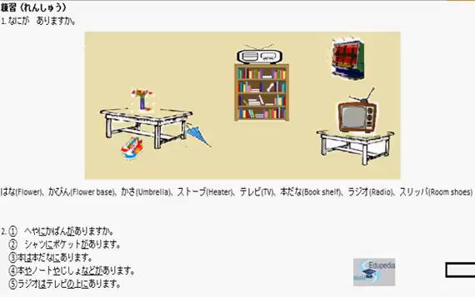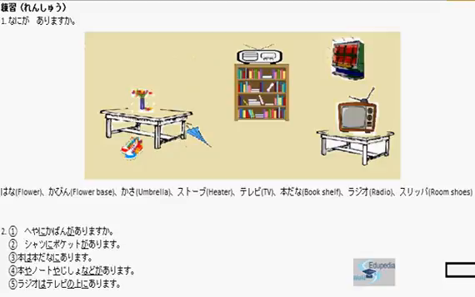The first one is using the ga pattern, hana ga arimasu. The second one is using the wa pattern, hana wa arimasu. And the third pattern is using the ya nado pattern, hana ya, kabin ya, kasa ya, stove nado ga arimasu. Clear? Okay. So the next question is, we have 5 sets of sentences here. So you just have to read the sentences and understand the meaning in them.